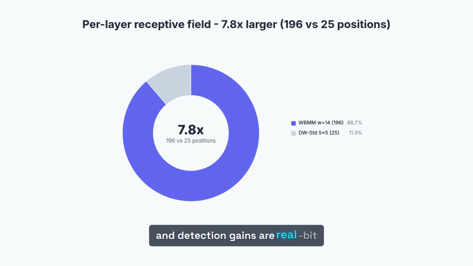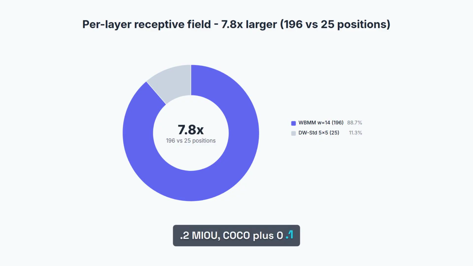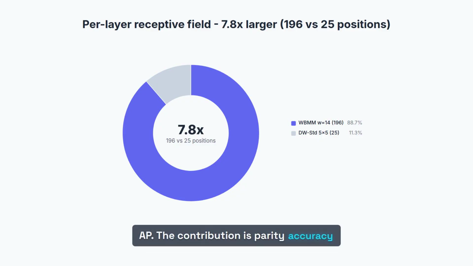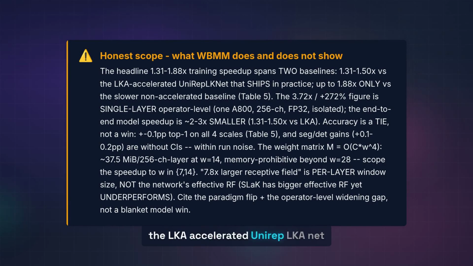Segmentation and detection gains are real but small, ADE20K plus 0.2 mIoU, COCO plus 0.1 AP. The contribution is parity accuracy at higher throughput, not a new accuracy frontier. First, the headline speedup spans two baselines, 1.31 to 1.5 times versus the LKA accelerated UniRepLKNet that ships in practice, up to 1.88 times only versus the slower